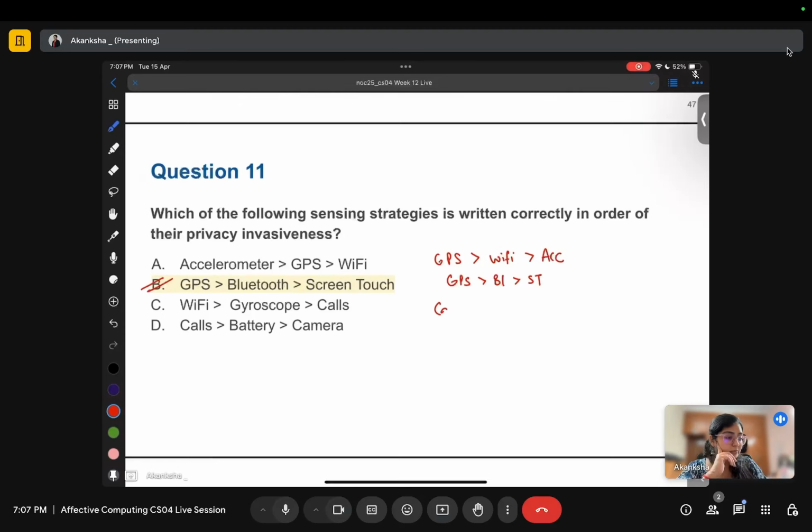So calls are the most invasive, then comes Wi-Fi, then comes the gyroscope. Then the option is calls, battery, and camera. So camera is actually the most invasive, then the calls, and then battery usually does not indicate much about your personal information, and can just reveal some kind of device related patterns, you can say.